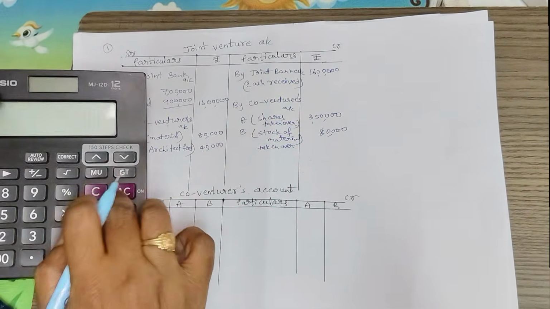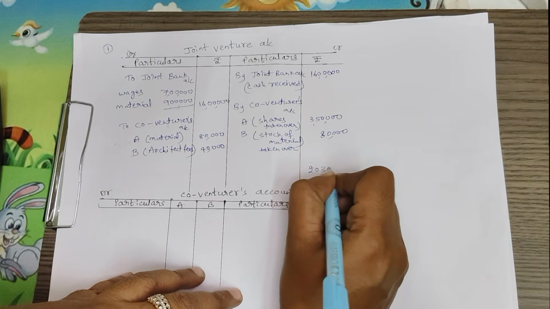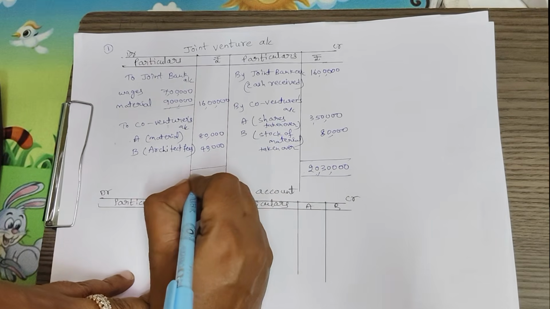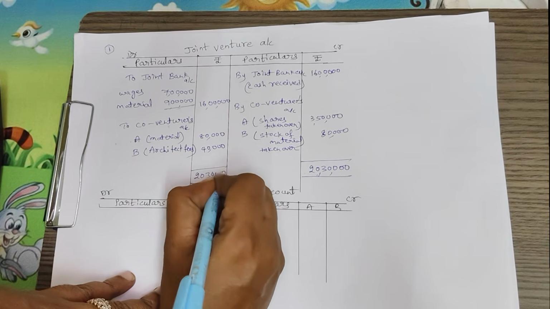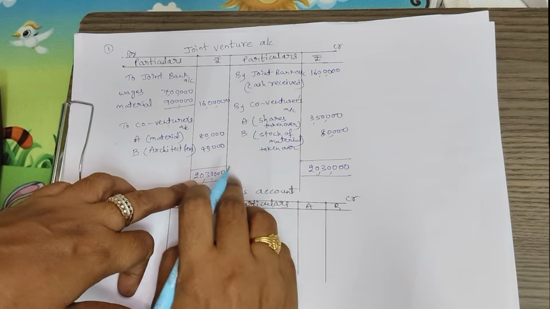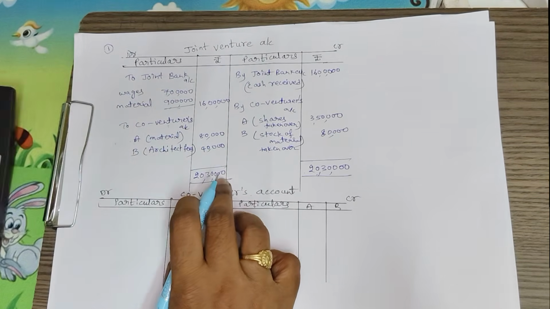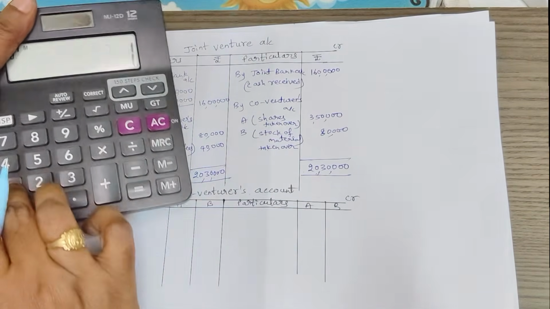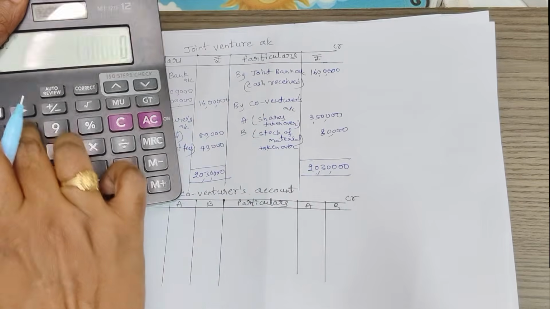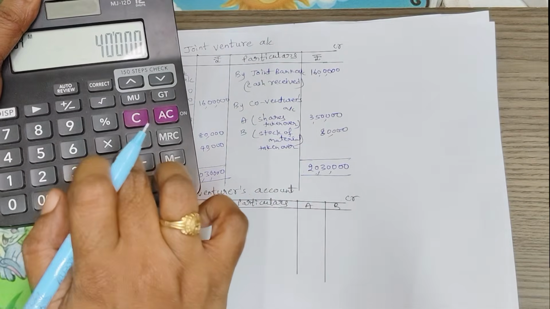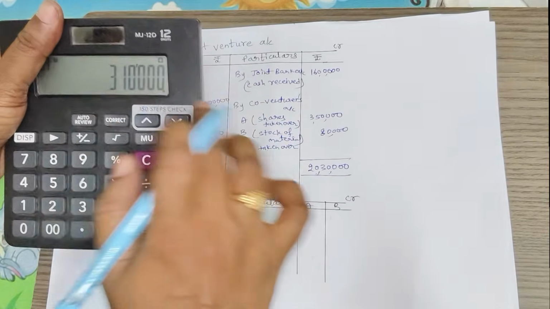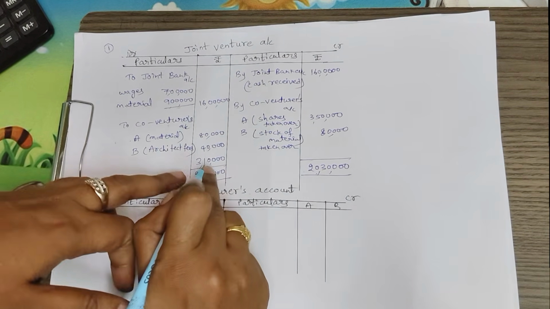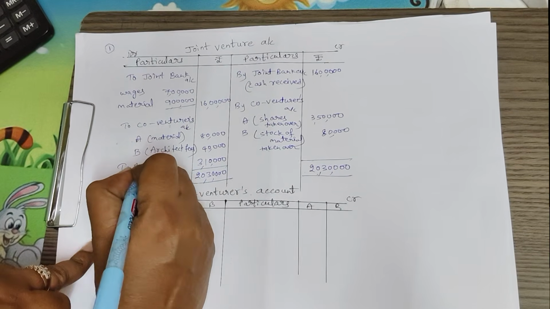So what is our total here? 20 lakhs 30,000. So the highest total should be written on both sides, 20 lakhs 30,000. So from this 20 lakhs 30,000, you need to deduct this total value. 20 lakhs 30,000 minus 16 lakhs minus 80,000 minus 40,000 is 3 lakhs 10,000. So what is this 3 lakhs 10,000? To profit